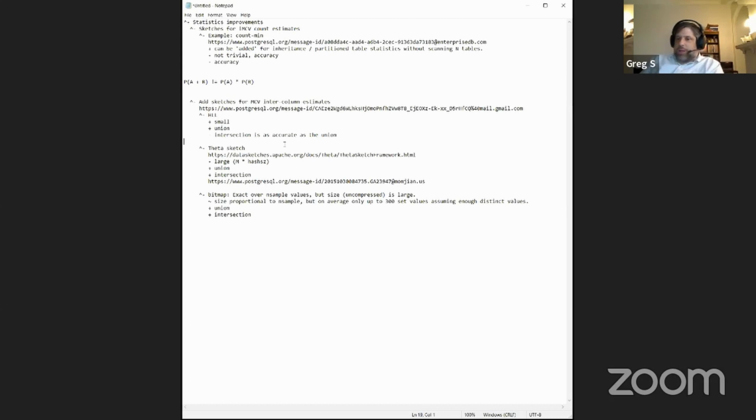The idea with HLL is you gather all the values, and when that becomes too many, you discard half the values by discarding from the hash space. So you keep gathering exact counts for the values that you're still gathering, for the sample of values that you're keeping, because otherwise you're